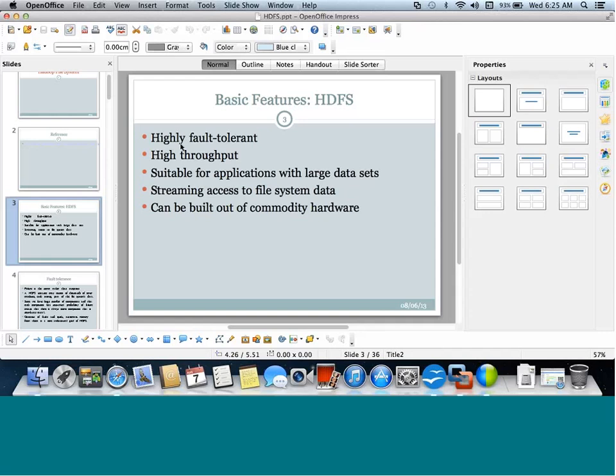Today, Hadoop is running on huge clusters that store huge amounts of data, in terms of petabytes. This is the basic objective of HDFS. Now, let's talk about the features of HDFS, where I told you highly fault tolerant, high throughput, right? Another objective of